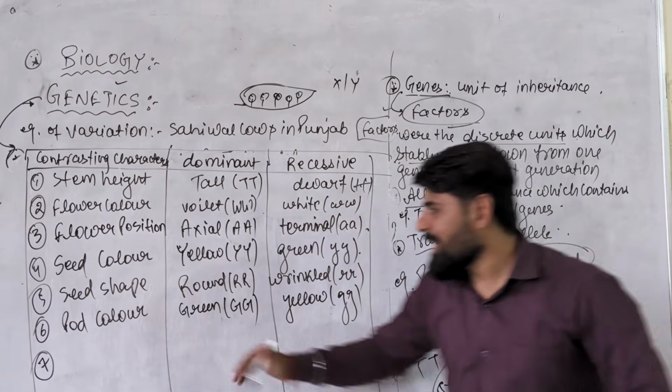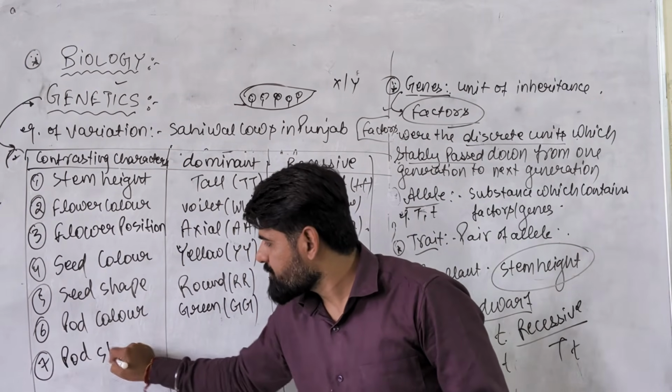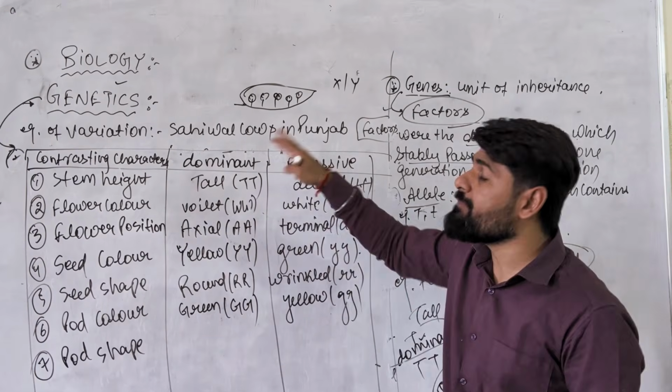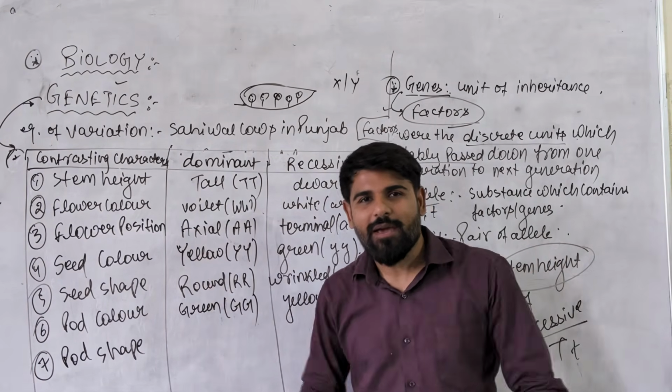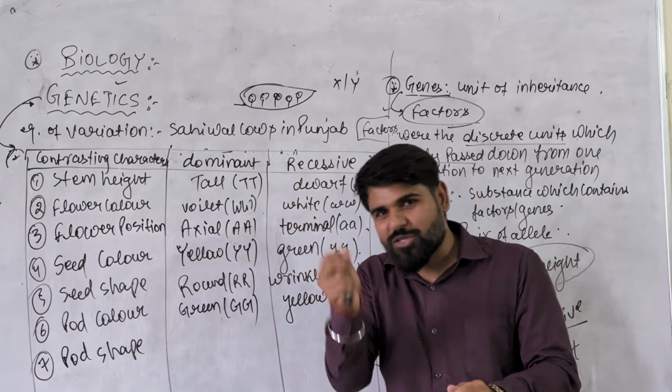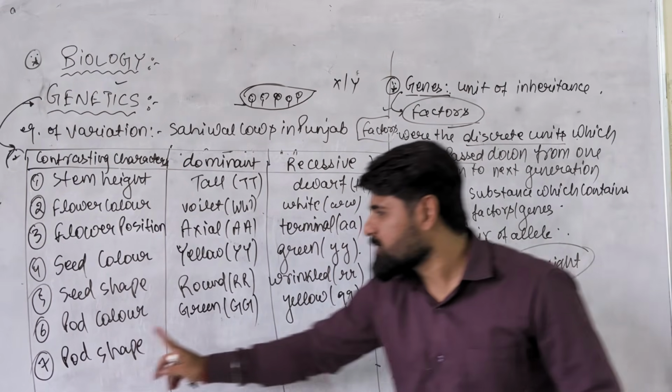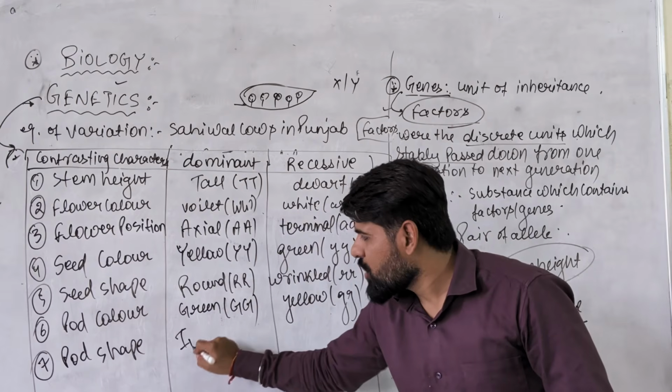ओके. द नेक्स्ट इज pod shape. Pod color तो हो गया. पेड़ से आप देखते हो कुछ मटर तो बड़े हरे भरे खिले खुले होते हैं ना, और कुछ constricted होते हैं जिनमें कुछ कीड़े भी निकल आते हैं कई बार, है ना. So this is pod shape. Pod shape is two condition. One is